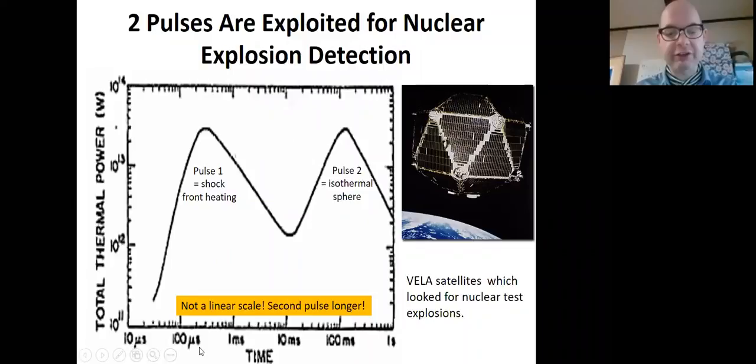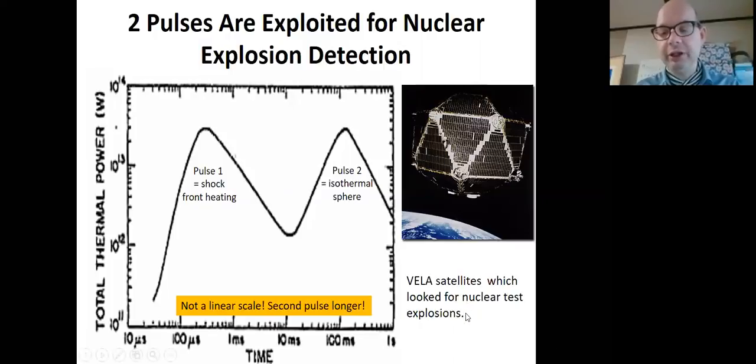So 10 microseconds, 100 microseconds, 1 millisecond, 10 milliseconds, 100 milliseconds. The second pulse is when the isothermal sphere, so this is the X-ray sphere that is now converted to different wavelengths, starts to glow, starts to be visible. And so you get this kind of two peaks. And these two pulses are actually exploited for nuclear explosion detection by the Vela satellites. There are satellites which use something called bang meters, and they actually measure this light curve